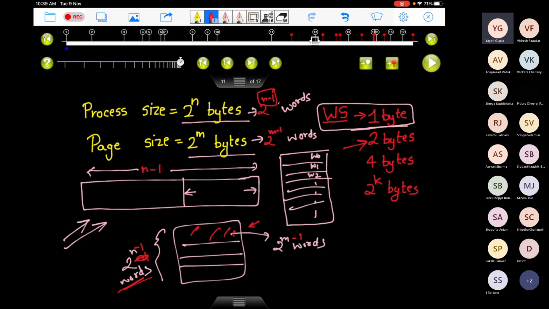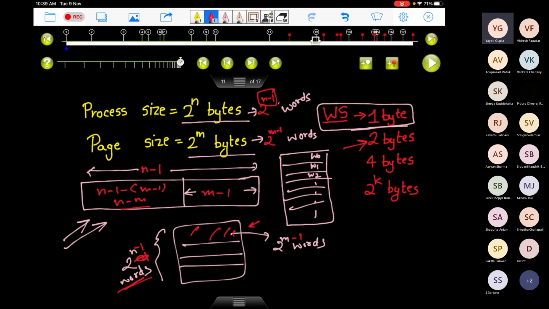Out of these n minus 1 bits, m minus 1 you will use for offset, and the remaining n minus 1 minus m minus 1, how much is it? The minus 1 cancels out, still n minus m. You are going to use it for the pages. So the idea is the number of pages remains the same.